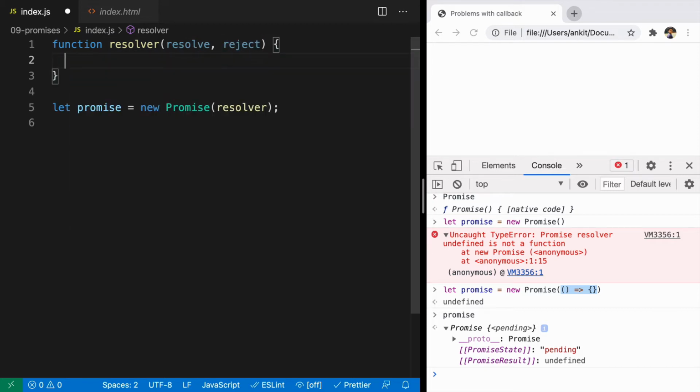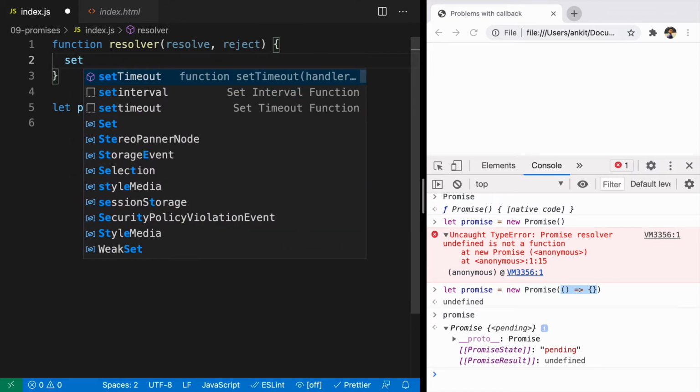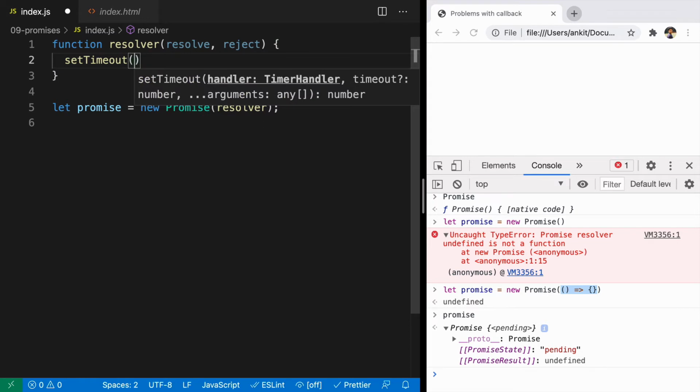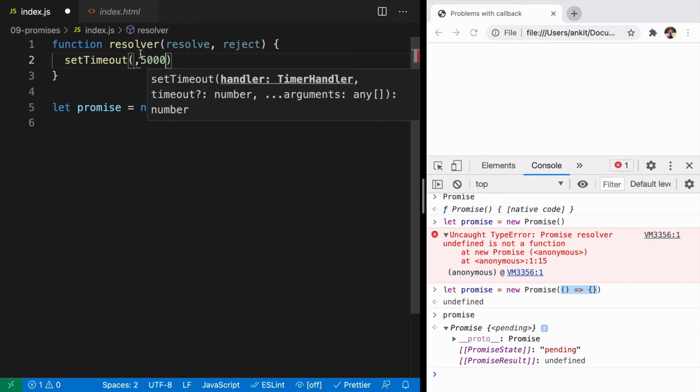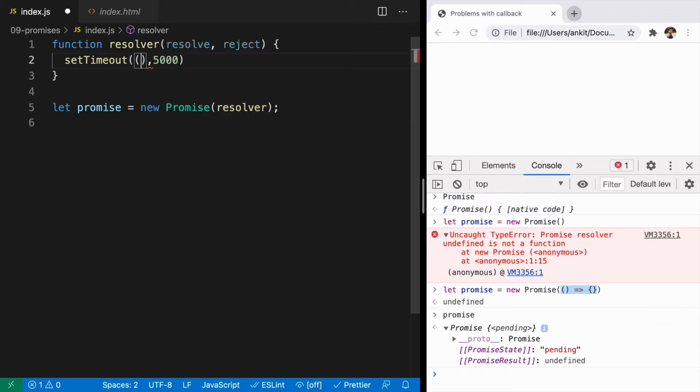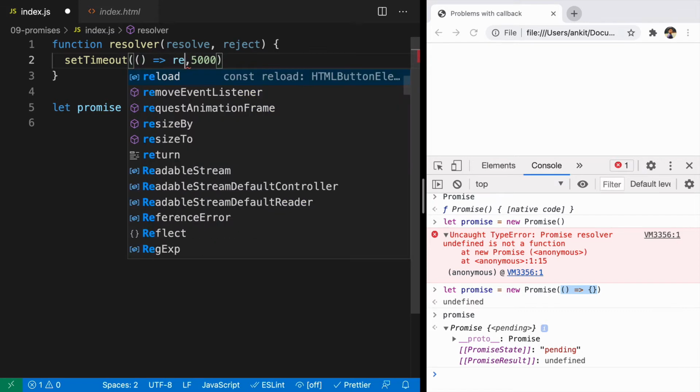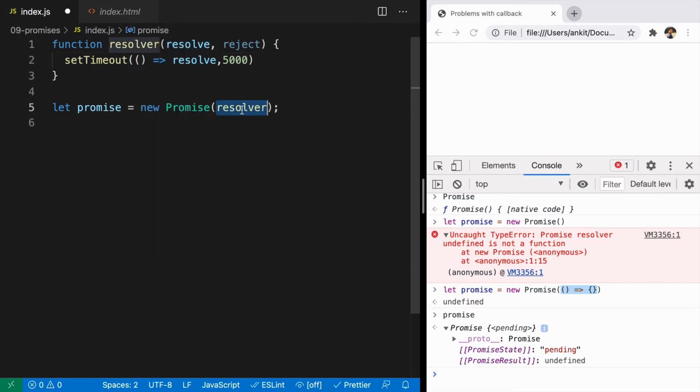I want to resolve the promise by sending a burger after 5 seconds. So what can I do? I can just use setTimeout of 5 seconds. Whenever 5 seconds is over, you just have to call this function resolve that we are getting access to just because we are passing it to Promise. So here we have resolve and we just need to call it with a burger.